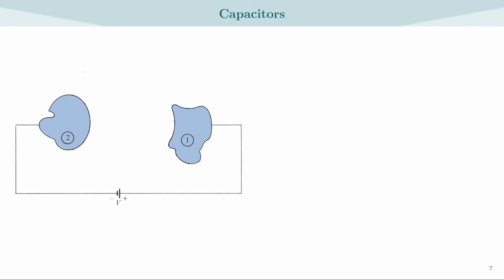We have seen that a capacitor consists of two conductors which are separated by a finite distance. So let us consider two such conductors, conductor 1 and conductor 2. How do we charge up the capacitor? To charge up the capacitor that is shown in this figure, we have applied the positive potential to plate 1 and the negative potential to plate 2.